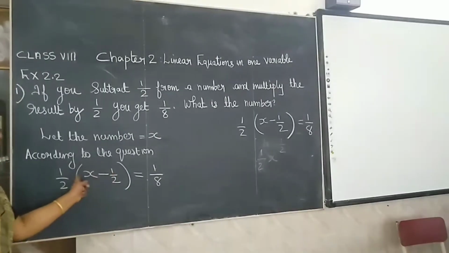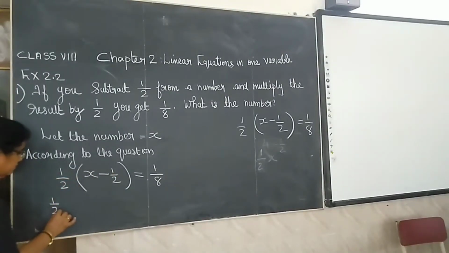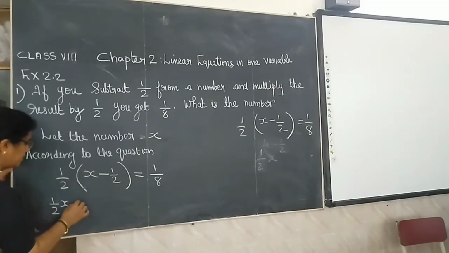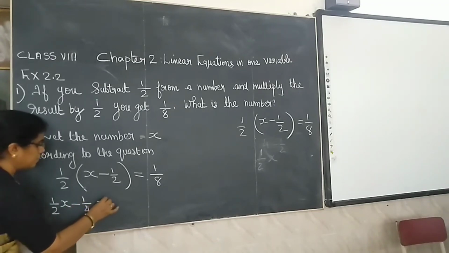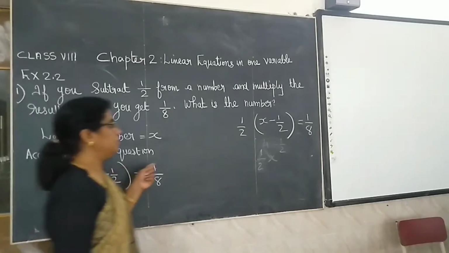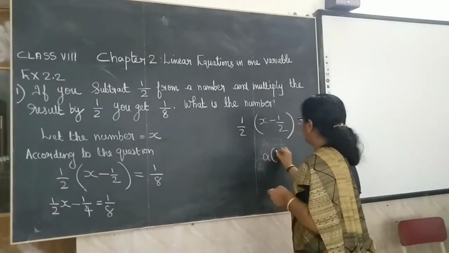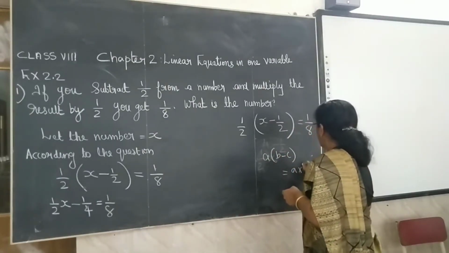Now we will open the bracket. That is, this becomes 1 by 2x. First we are multiplying this 1 by 2 into x. Then 1 by 2 into minus 1 by 2, therefore minus 1 by 4. That is equal to 1 by 8. Here we are applying the distributive property, that is a into b minus c, that is equal to a into b minus